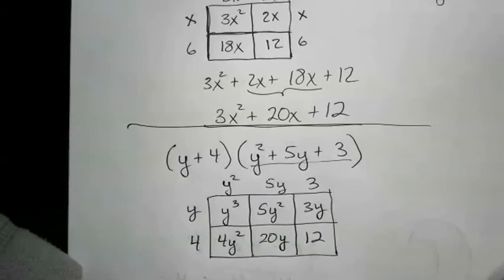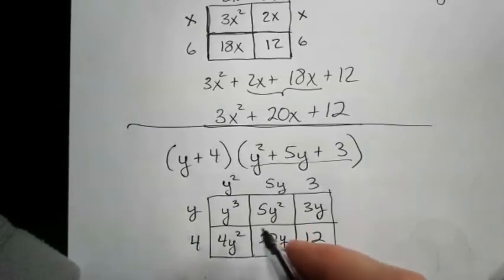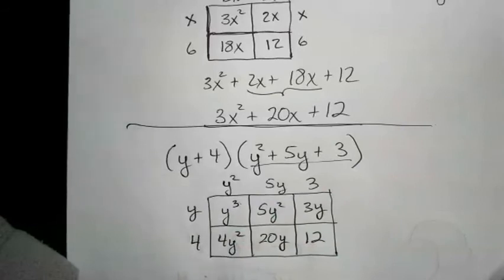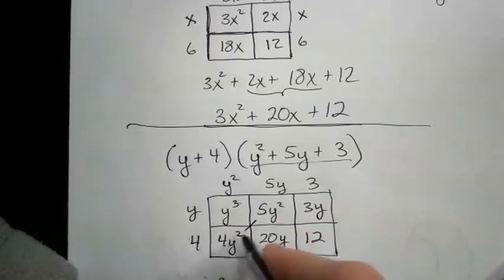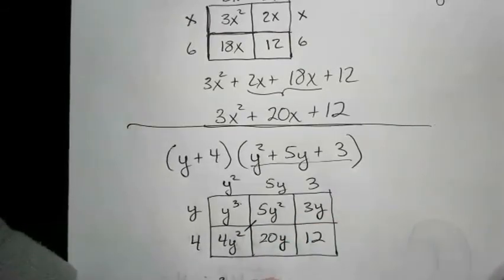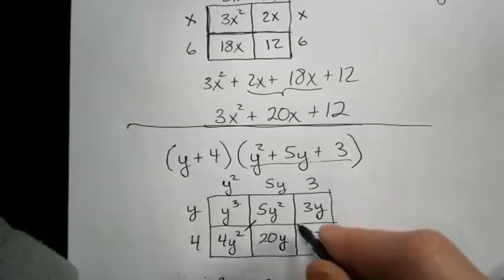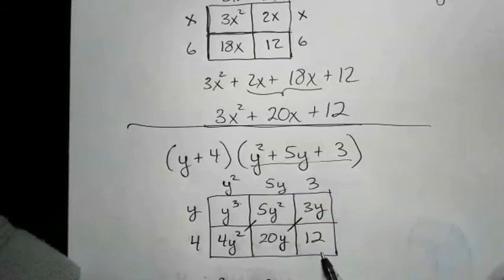Okay, so I hope you see where every one of those terms came from. And now I'm going to combine these like terms. But note, there's something interesting here. So y cubed, that's the only y cubed term. But then these two are like terms, 4y squared, 5y squared, 9y squared. And then these two are like terms as well, 3y, 20y, 23y,